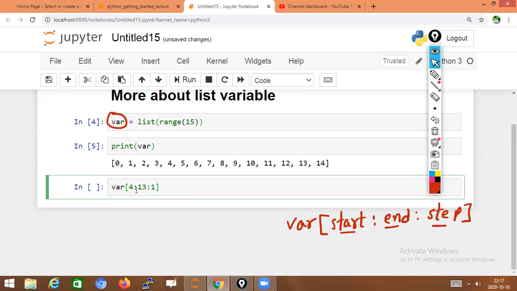What it will do is, the index starts at 0, 1, 2, 3, 4. It starts with 4.